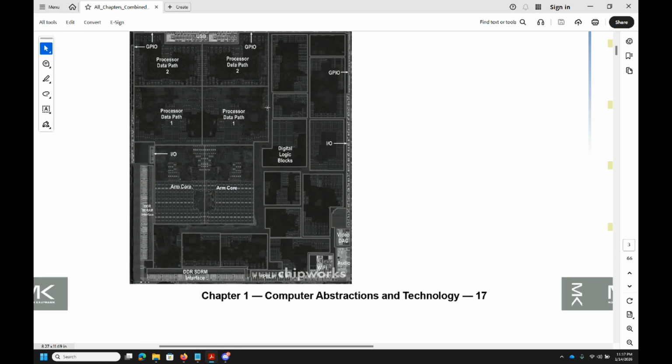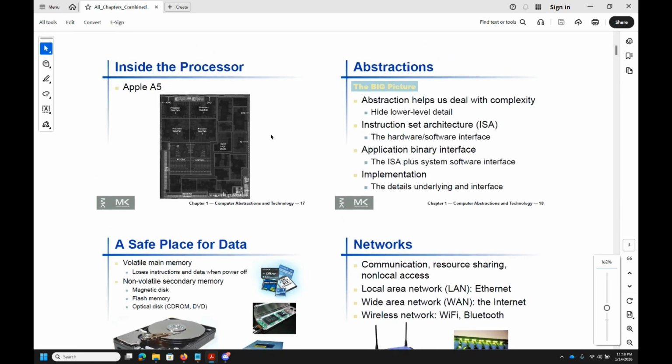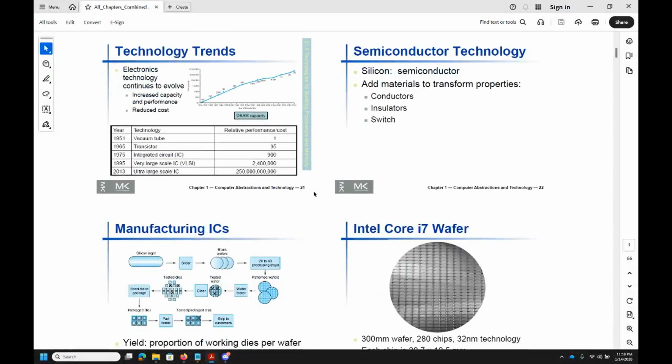There are multiple data paths and multiple processors. So this is a fairly complicated beast, and modern day processors are again very finicky things that take advantage of everything from quantum mechanics to physical phenomena to do what they do. And so we'll go through that as well.